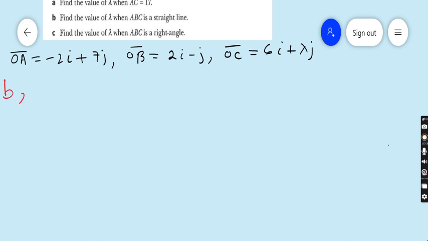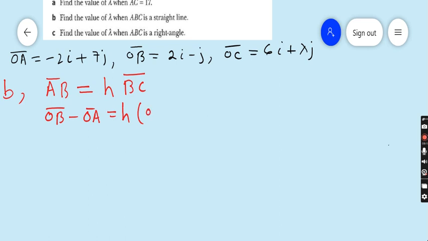So part B is: find the value of lambda when ABC is a straight line. It means AB and BC are parallel. If two vectors are parallel, then they are multiples of each other, so there should be a constant multiple. I have put it as h; you can put k, no issue. What is AB? AB is OB minus OA, which equals h times